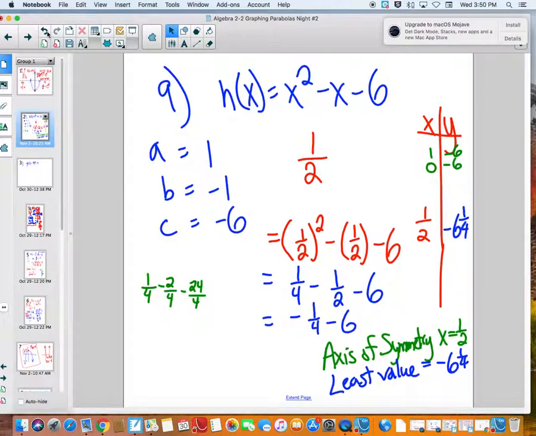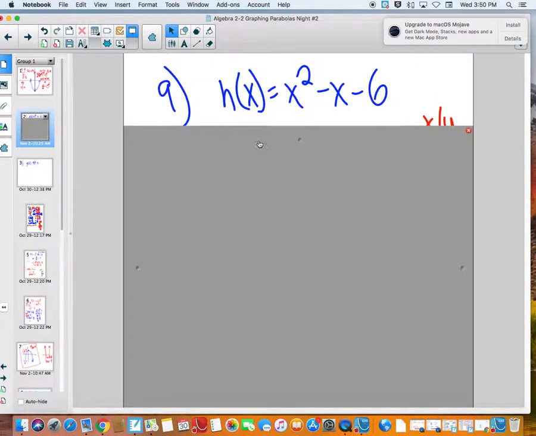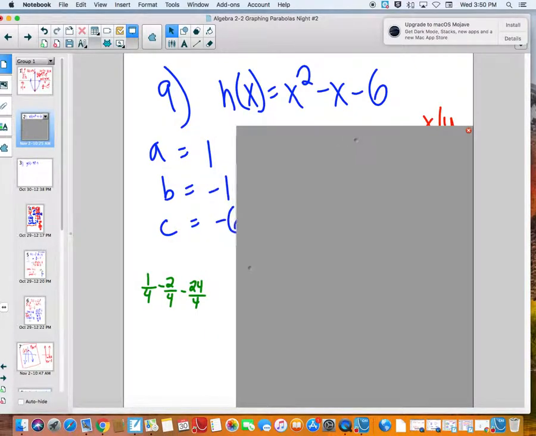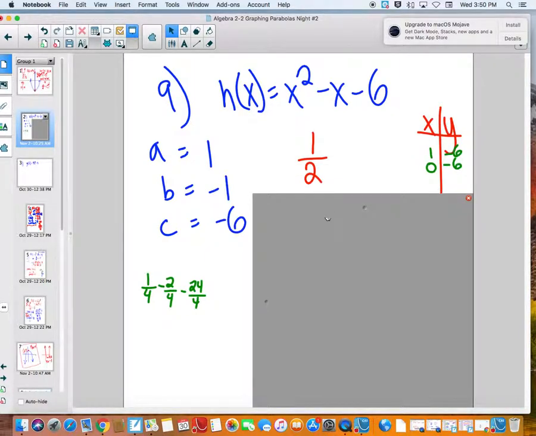Okay, next we move on to question 9. And in question 9, it's a little bit harder because they're fractions. So again, the a, the b, and the c, we write those out. Opposite of b over 2a, so 1 over 2a, so that would be 1/2. And you substitute that in